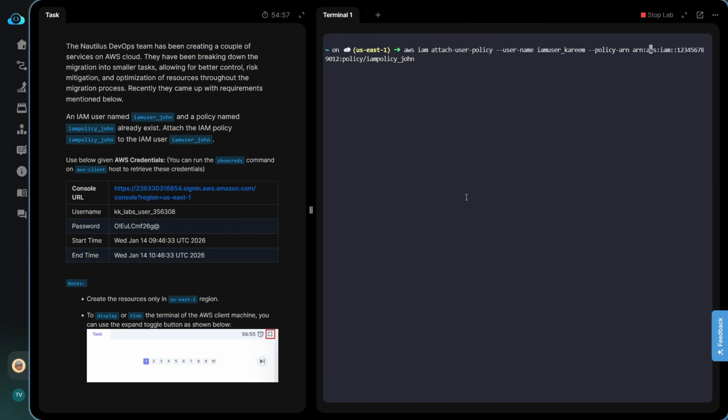and the account ID we can get by logging in to the AWS console. So we can see here the account ID is available here. So that was 236330316854. Now try to change the name of the user, and that was John. IAM user John. Now simply press enter,